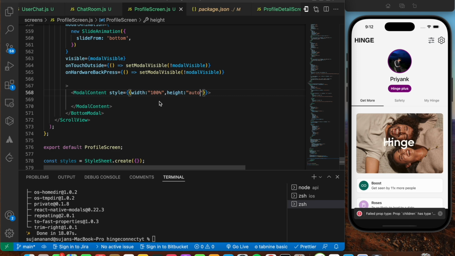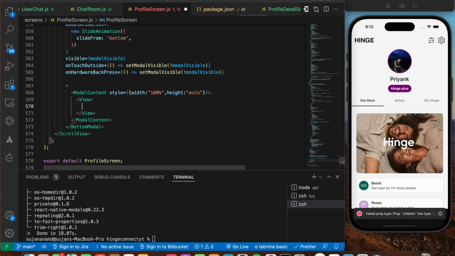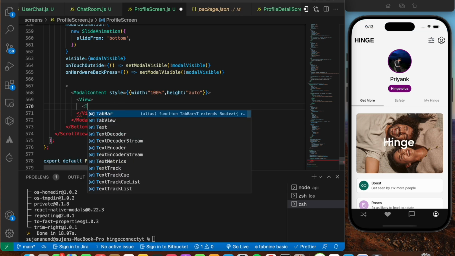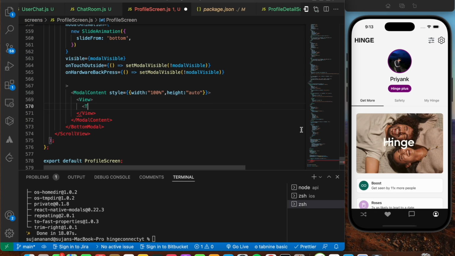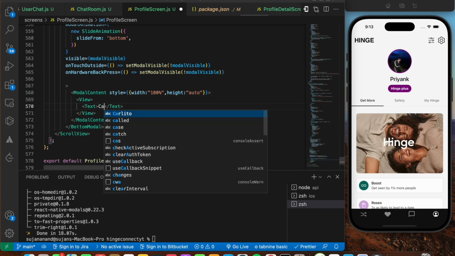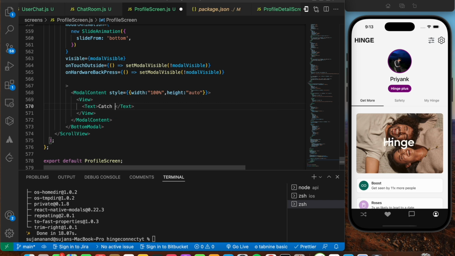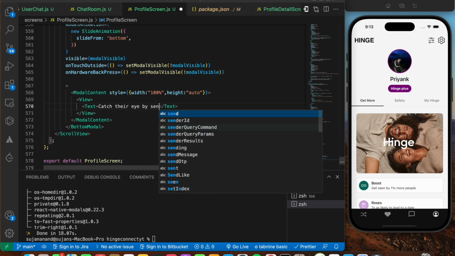Okay, so yeah, it says failed prop. Okay, I'm not sure why it's giving that error. Let's continue designing. So I'm going to say view, and within the view we're going to have a text which says catch their eye by sending a rose. I'm going to say text over here. So we're going to say catch their eye by sending a rose,